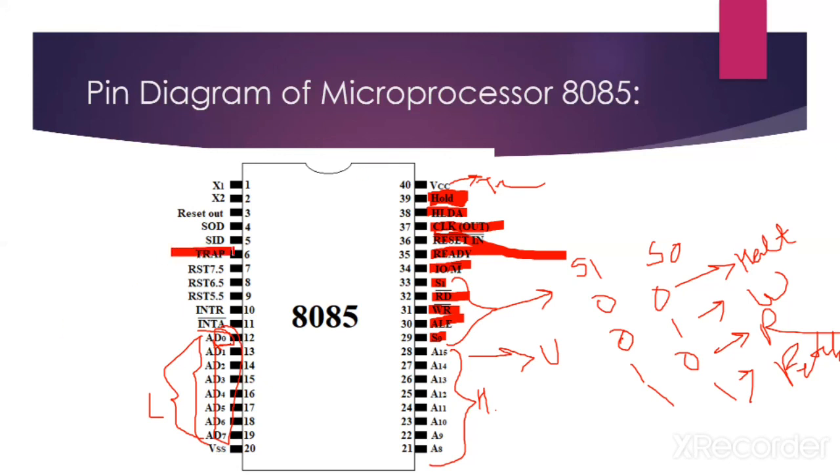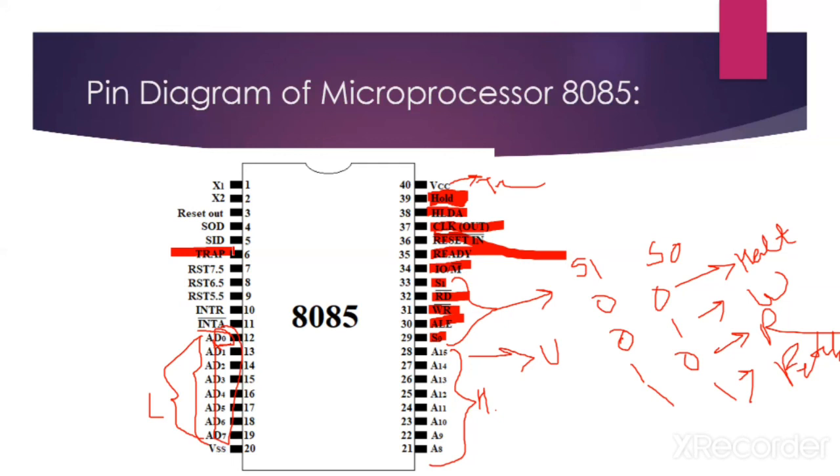Trap. This signal is used to interrupt the microprocessor. It has the highest priority among interrupts. When an interrupt is recognized, the next instruction is executed from a fixed location in the memory, that is 0024H. It is a non-maskable interrupt. It is unaffected by any interrupt enable or mask.